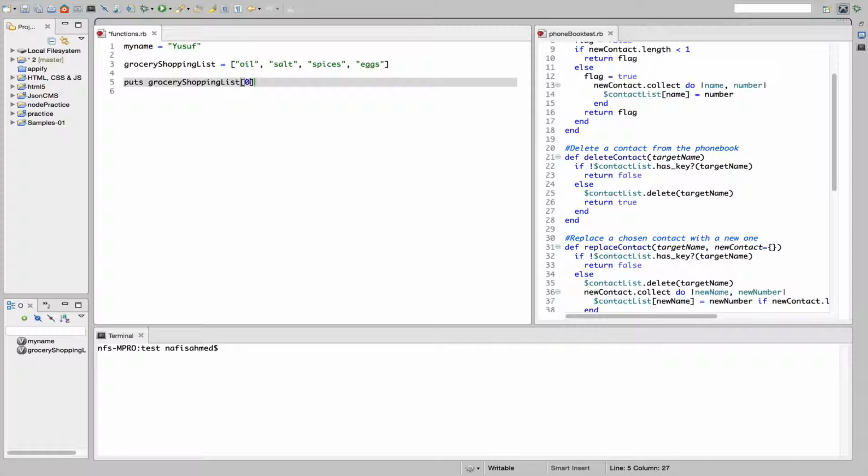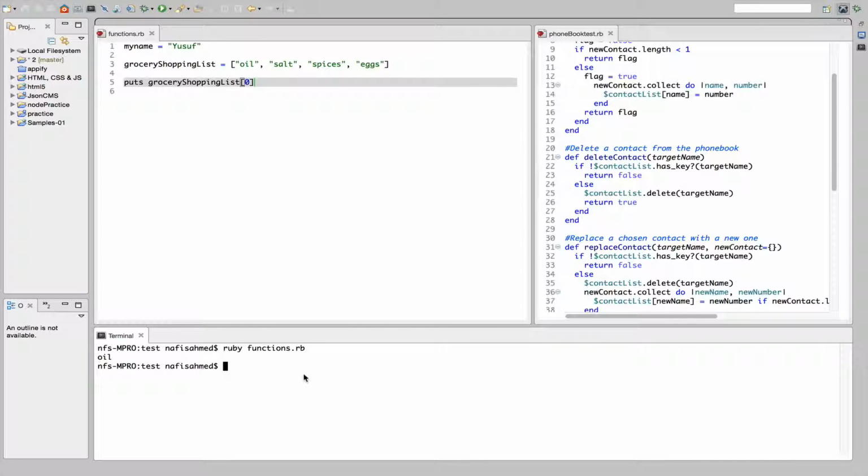So you have to put the 0 in here, and let's see what happens. Let's run the program, and now we see that oil is being displayed. So this means that the index of 0 is actually accessing the first array element,